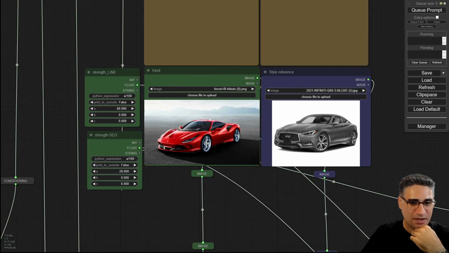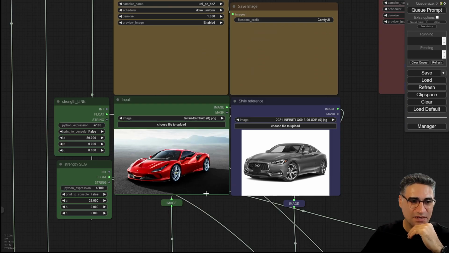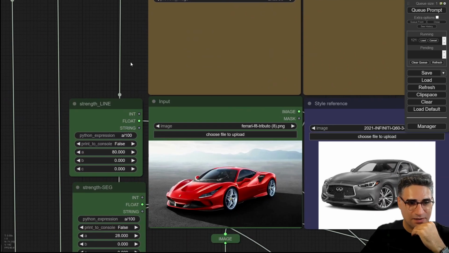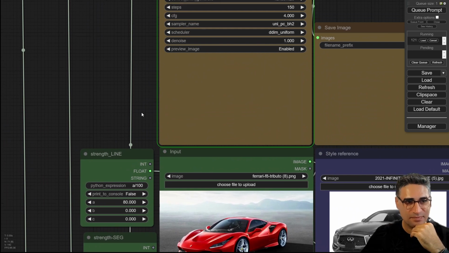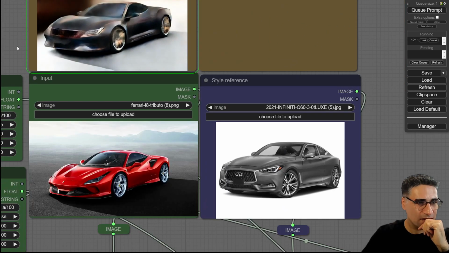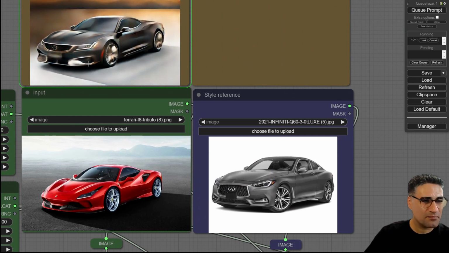Okay, here I have the Ferrari, and here I have the Infinity. This time I want to convert this Ferrari to Infinity. Okay, let's queue prompt, and after some seconds the preview is coming out. Okay, take a look. The bumper is going to be shaped, and you can see it is